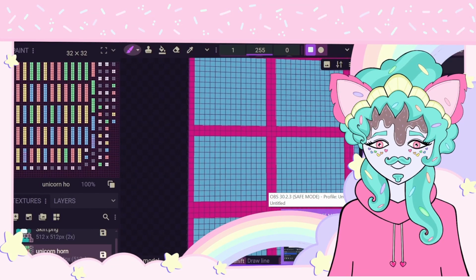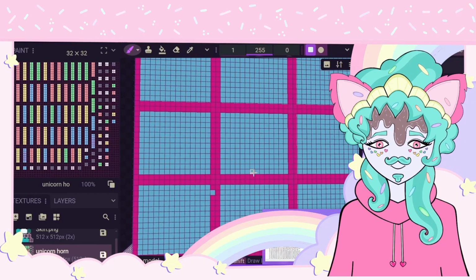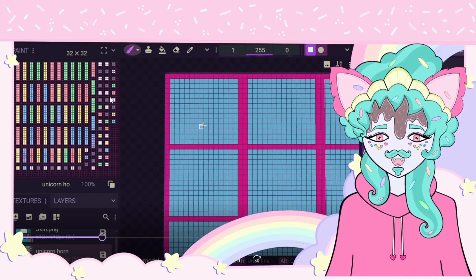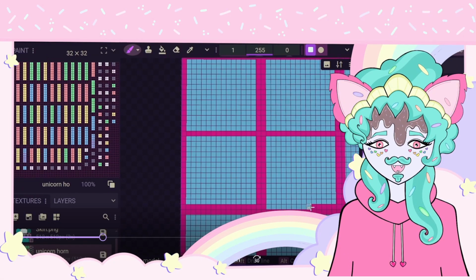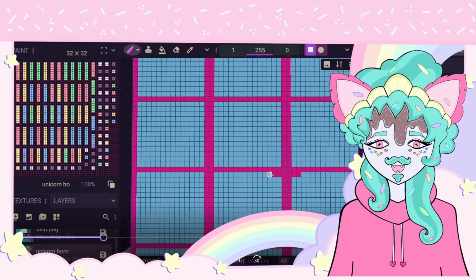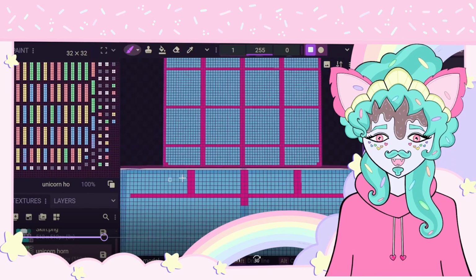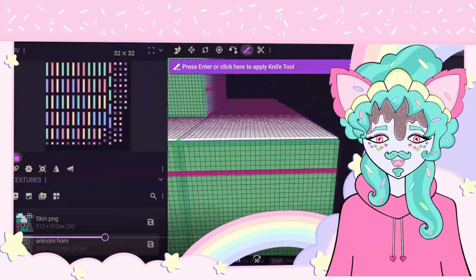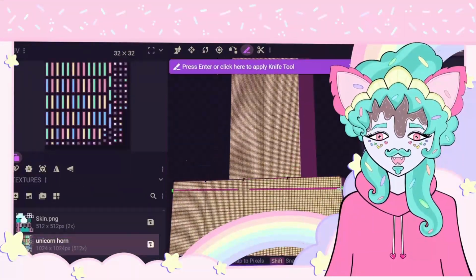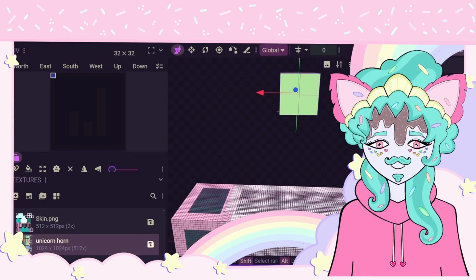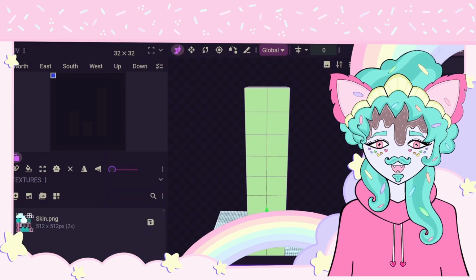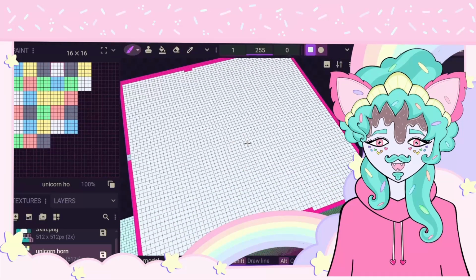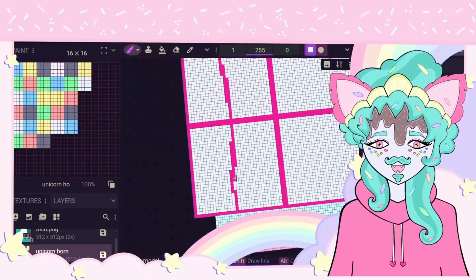Okay, so this part is funny because I don't know what I was doing. Like I said, I had never used Blockbench before, and I was trying to make a unicorn horn here. I was gonna cut it up and use the knife tool instead of using blocks, and I didn't know that you could use shift yet. I didn't know about using shift to make the blocks